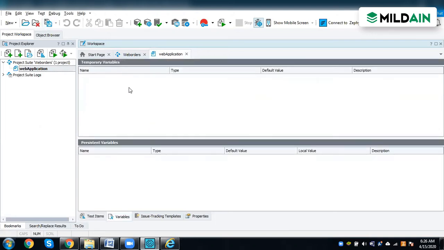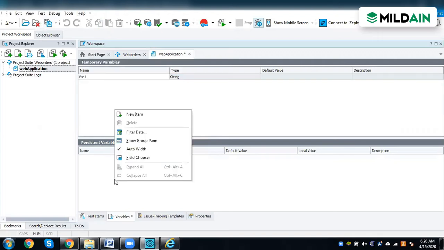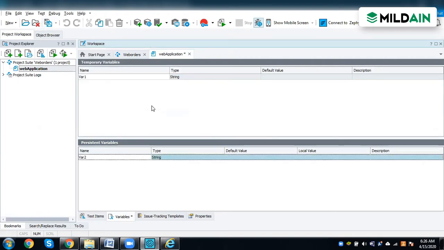And here we have the same set of variables. The difference between project suite variables and project variables is that a project suite variable can be used across all the projects, but a project variable can be used only within the project. So you cannot read this project variable in another project. Assuming I have another project, like a desktop application, whatever variables you give here cannot be used in the other project. It will be limited to only this project. Okay, so that is the option. Otherwise, it's all the same. Whatever options you have in the drop down are all going to be the same.